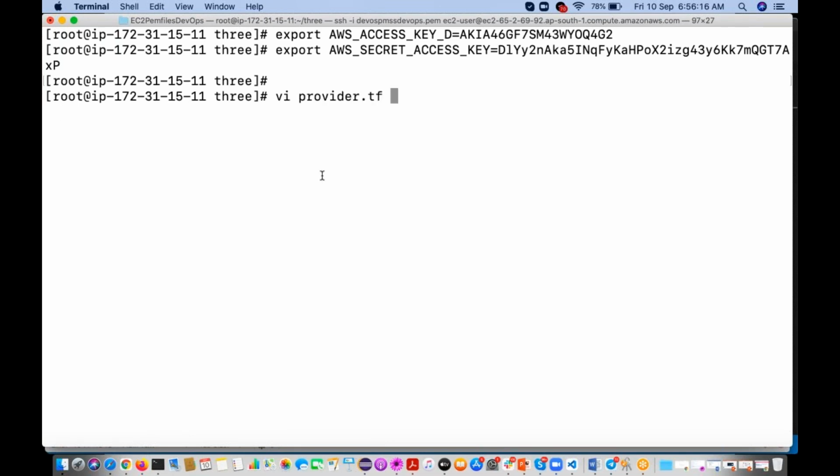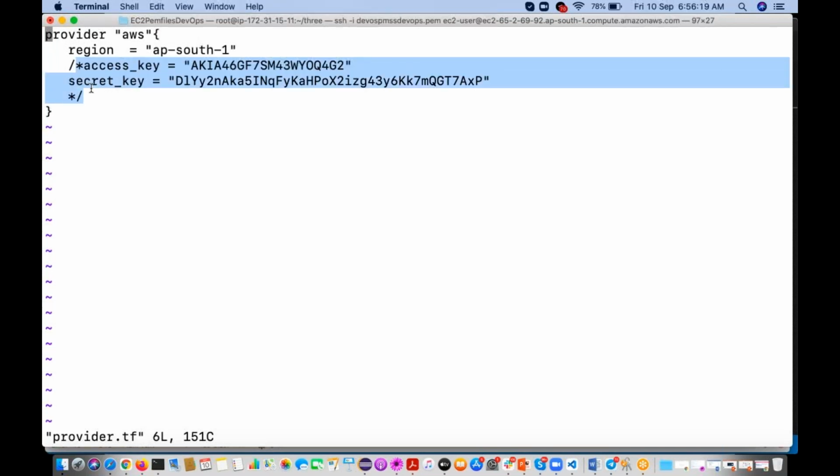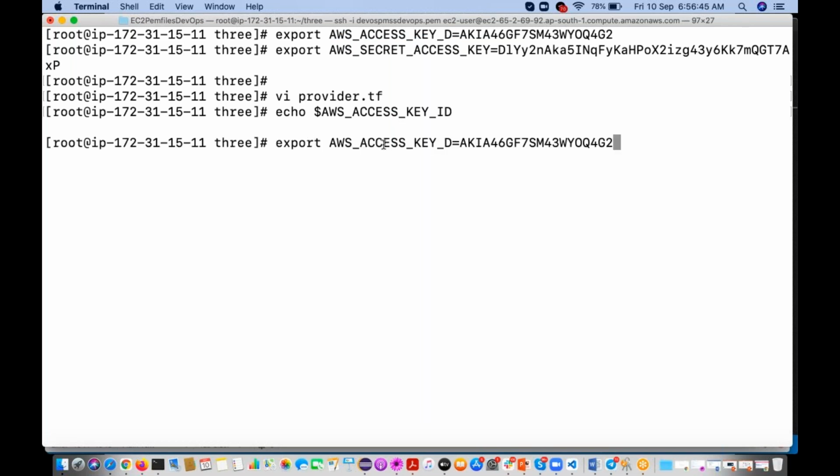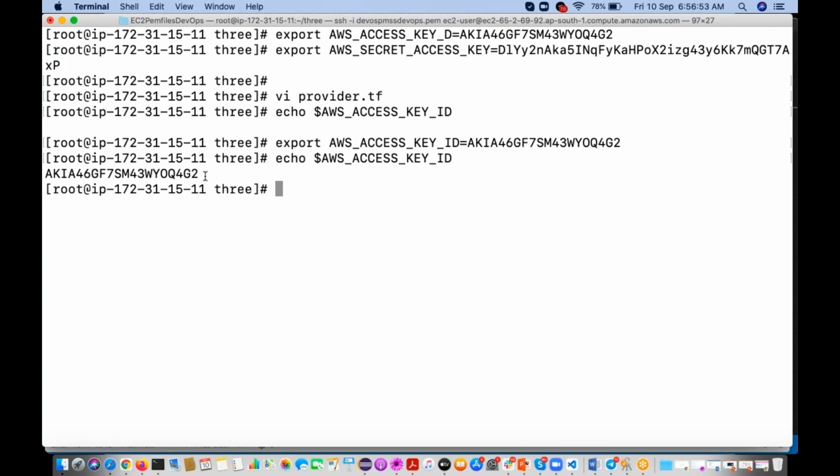Now, even though you have commented these two lines, it is going to work, right? Let's see whether it will work or not. First, if you want, you can get those variable values. You can display them with echo, dollar symbol, the variable name. Oh, we have configured it wrongly. You have to use ID. See, it is not giving any value. So here you have to use ID. Now you can use it, see, it has the value.